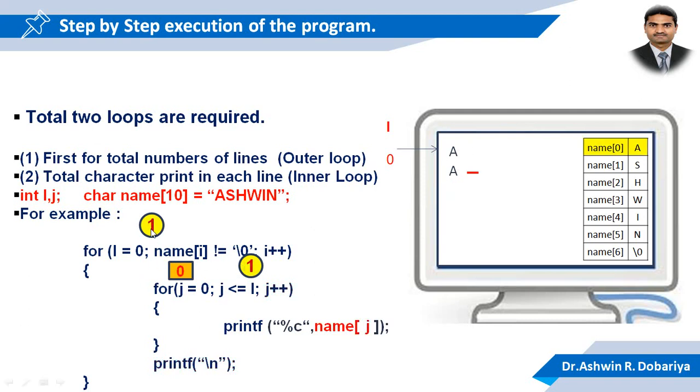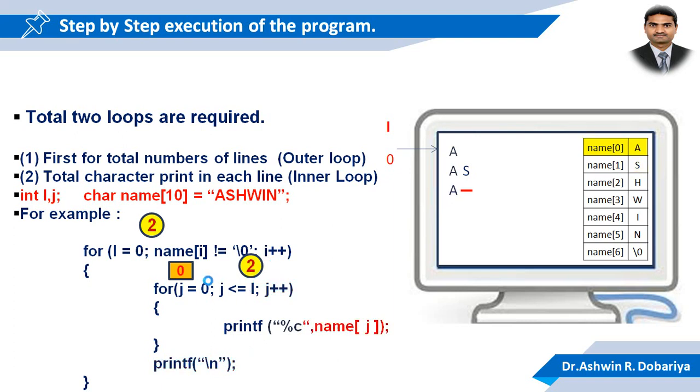Now i is incremented by 1, so i becomes 1. Then name of 1 means S, so it is not a null, so this condition becomes true. Now in the inner loop j starts from 0 and j less than 1, so this inner loop will execute 2 times. Now j starts from 0, name of 0 means which character? A. Then j is incremented by 1, so j becomes 1, the condition becomes true. Now name of 1 means which character? S, so it displays S. Now j is incremented by 1, it becomes 2, this condition becomes false, and then it executes \n, so the cursor moves